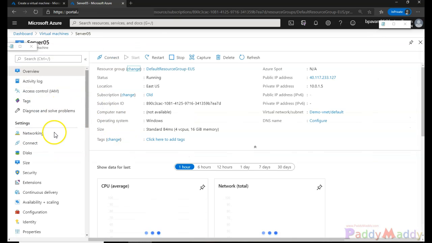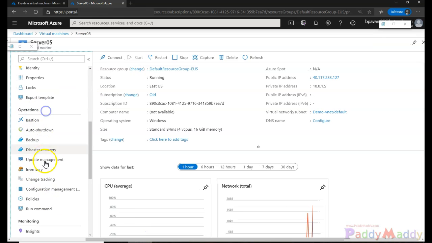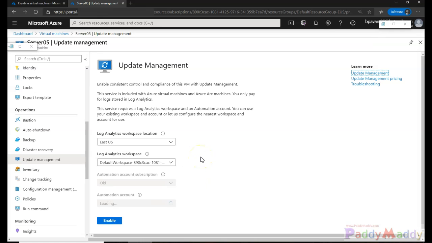So I'll click on server 05, then go to Operations and then Update management, and you see here this time I would be getting different values. In the previous server, when we tried to enable, the drop down list was completely grayed out, because in that specific region I already had a log analytics service which was created as part of my other demo, which is Security Center specific, if I remember correctly. In this case, in this region it's not there, so I can choose which region I can put this log analytics services, but I'm fine to go with this